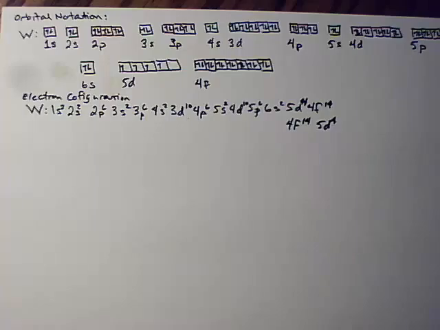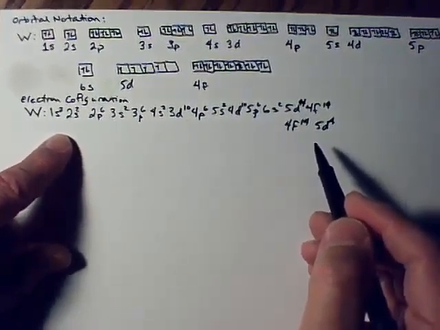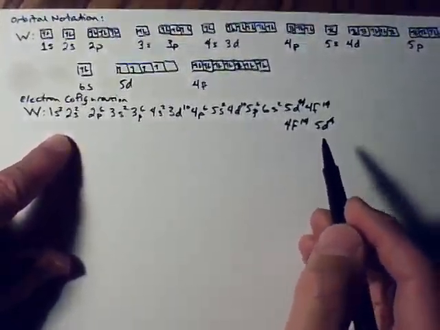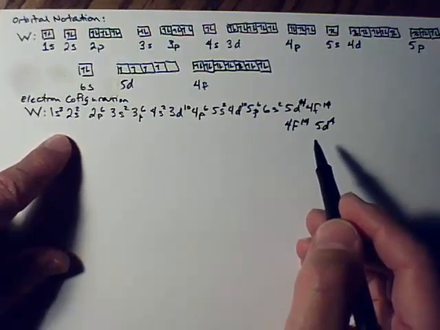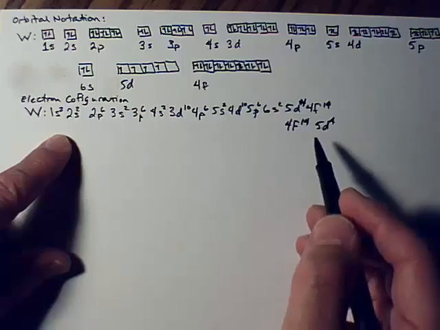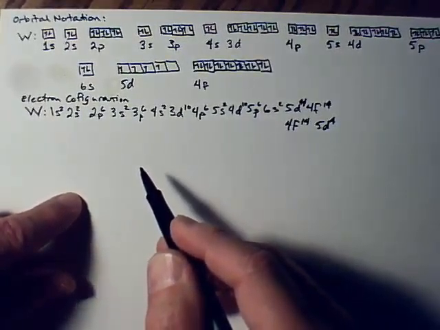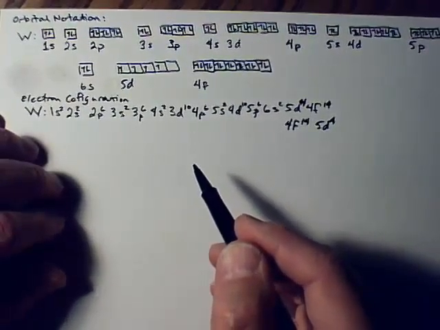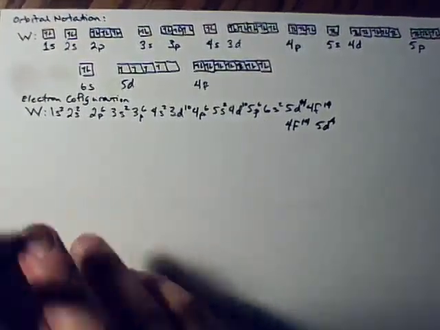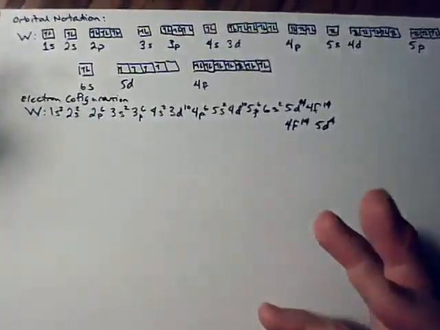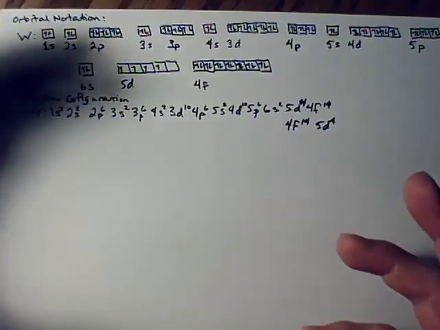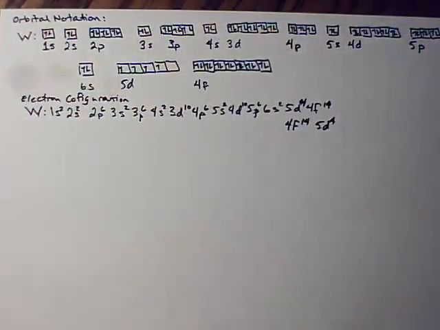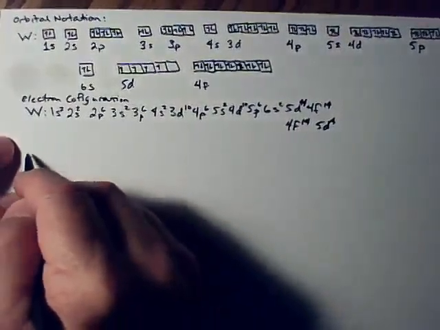Okay? Now, this is the long version. You got to know how to do it. But there is a shorter version of this where we take the orbital notation for the next lowest noble gas and sort of chunk it. Okay? You know what chunking means? All right, there's chunking like you throw something, but another way for chunking is when you kind of put things together. Okay? You chunk information when you learn, for example. So there's a shorthand version